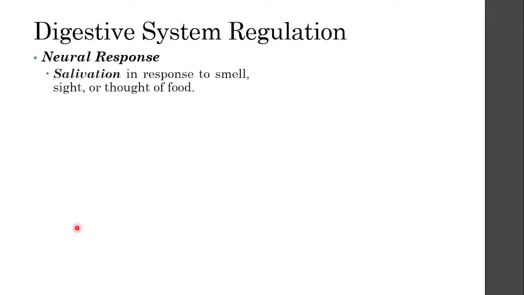Let's talk first about the neural response. One of the earliest or easiest neural responses that you will see in your digestive system is salivation. Kung na-experience nyo na maglaway dahil doon sa pagkain, for example, nakaamoy kayo ng pagkain or you saw a food or even thought of a food that you miss, you start to salivate. It doesn't necessarily mean that the saliva would run out of your mouth. What we mean by salivation is that the salivary glands in your mouth will start to produce more saliva.